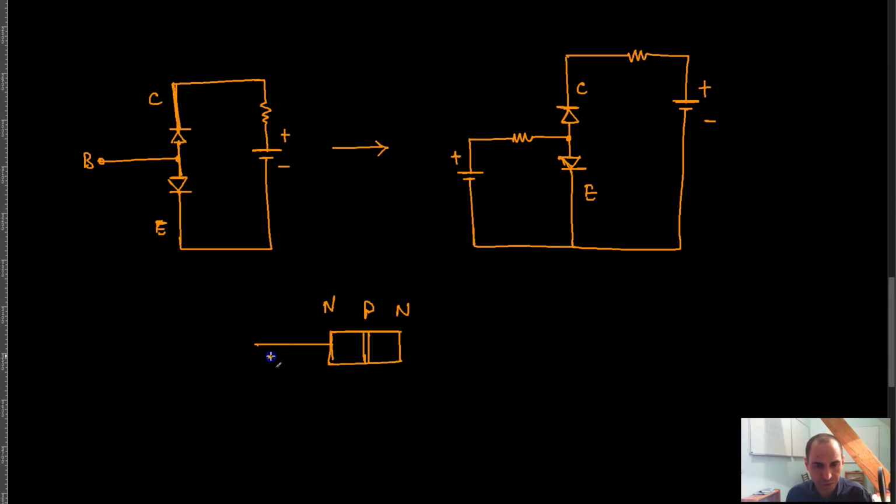This becomes, for example, your collector, this becomes your emitter, and this becomes your base, right? So the base-emitter part, when you connect it to a power supply like this, meaning that you forward bias this diode, and of course you can imagine that there is some resistor over here as well, then